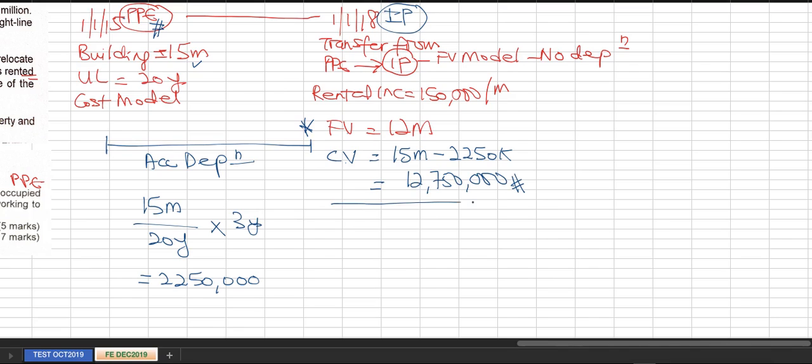Okay, so now you see, compare the fair value and the carrying value. Your fair value is smaller than the carrying value, right? Therefore, what should we put here when we compare fair value and carrying value? Because you have learned PPE and IP and the term used is different. Now look back. It is originally PPE. Therefore, we follow the terms used in PPE when we compare the fair value and carrying value, which is